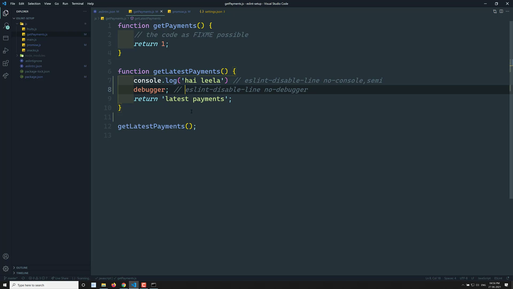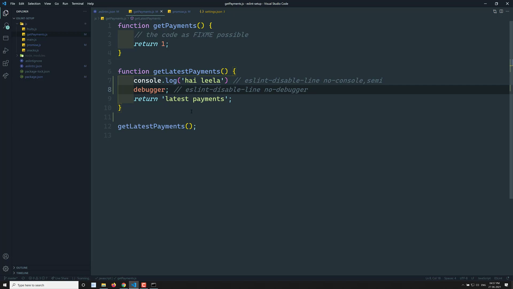Also, if you want to disable, we can use this type of scenario. We will use this when we have code that cannot be changed and we want those lines to be implemented, and these are against our ESLint rules, so we cannot remove those rules because we need those ESLint rules for other files. We don't want these rules only for a particular file. In that scenario, we will be using this one.